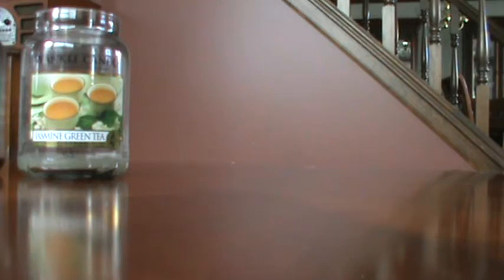It's a nice mix-up for me because I tend toward the sweet treat candles all the time. I'm getting more into florals and into the fresh candles. I've always loved the maritime candles. I really love those. That's an exception. I love those as much as the sweet treat ones. But the jasmine green tea is a very nice one to mix things up a bit, kind of give your palate or your nose a break in between some other more familiar scents. Like say you have a bunch of one fragrance that you're burning. Okay,